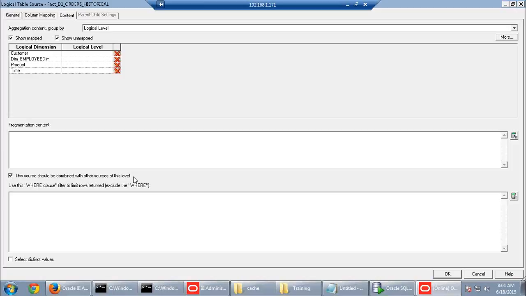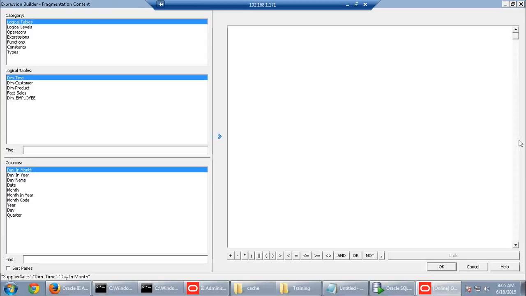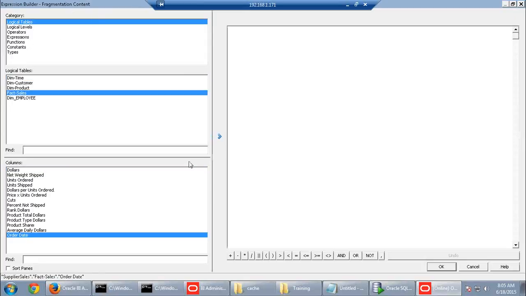If I am not looking for only 1 year of data, 2 years of data also, and I am not pulling in my D1 orders S2, I am only using these two tables. Imagine that. In that case, I want all the information to be displayed irrespective of any table. Obviously, you have to get all the information, right? So in that case, just go to this and make an expression on the logical table fact sales order